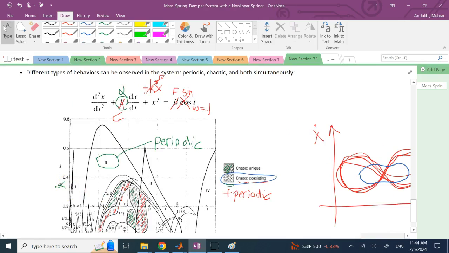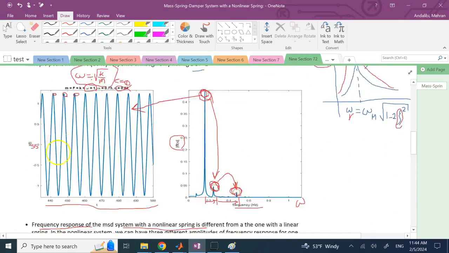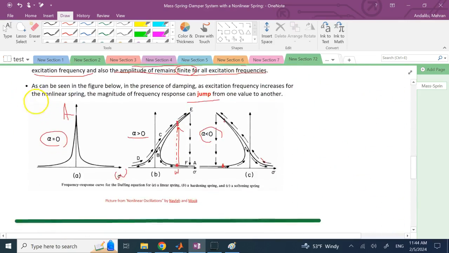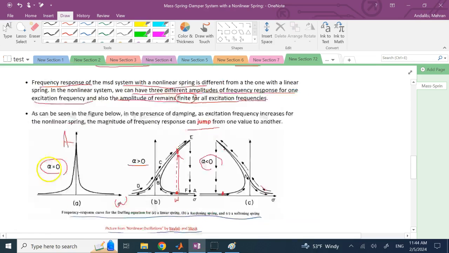So yes, a simple nonlinear spring is going to change the behavior of the system entirely and make lots of new interesting phenomena. This picture here in this video is borrowed from Ueda, and this other graph here, which is frequency response for alpha positive and negative, is borrowed from the book Nonlinear Oscillations by Nayfeh and Mook. Okay, so the credit goes to these people,